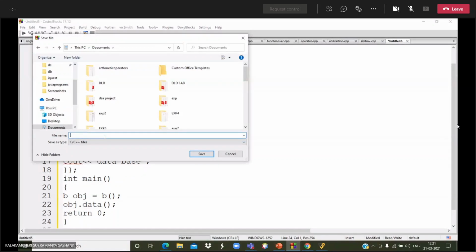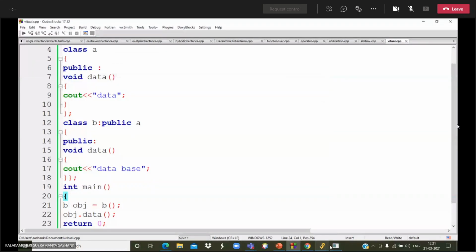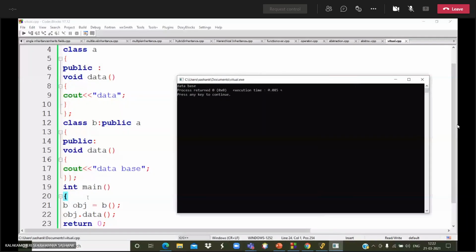Let's see the output. The output is database. It shows the derived class one. As I created the object for the derived class, it shows only the derived class one without the virtual keyword. Now, if you give the virtual keyword,